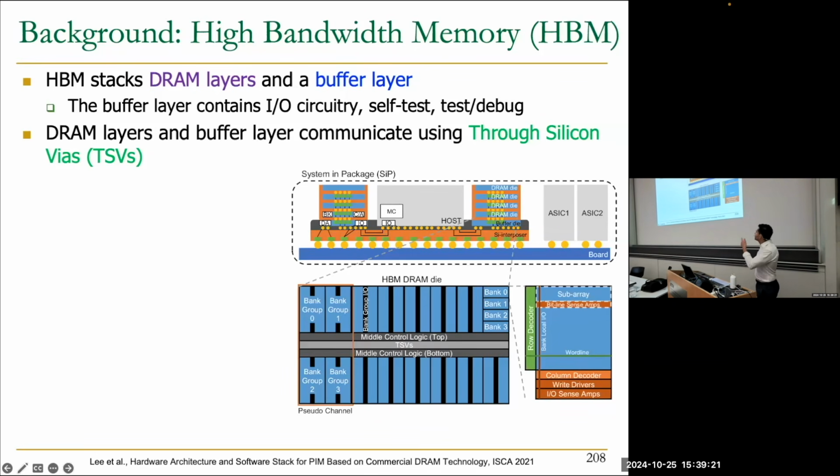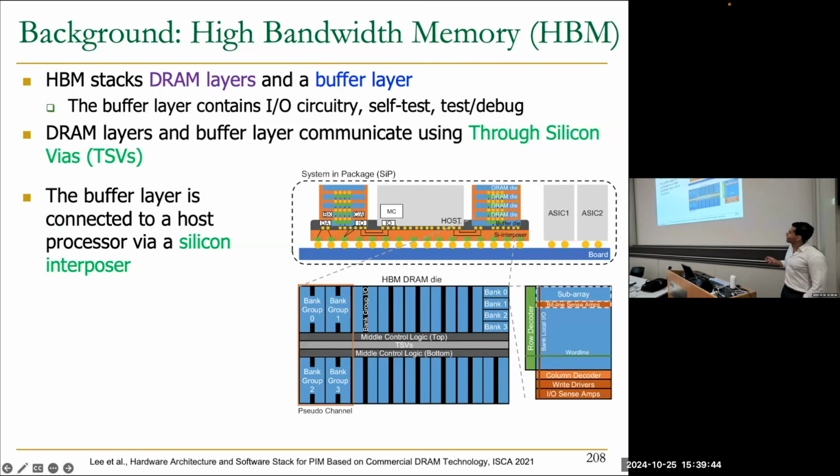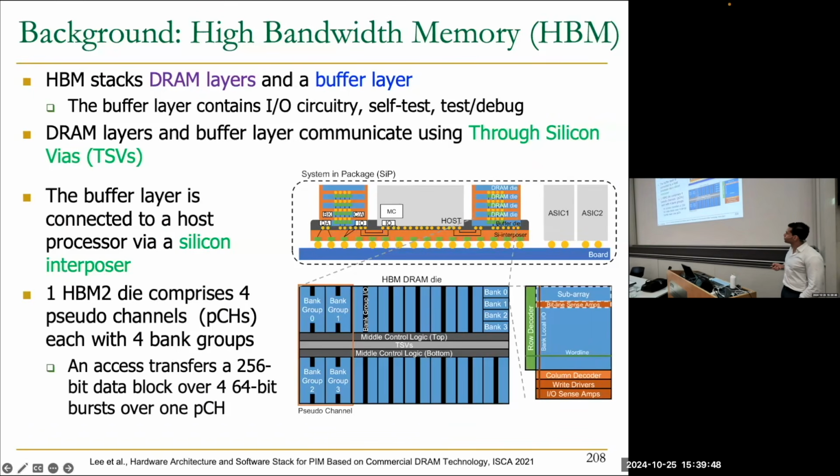But this is what we will buy, for example, well, we will not buy, because nowadays it's impossible to buy from NVIDIA anything, because everyone bought already. But this is what you get from an A100 NVIDIA GPU chip that uses those HBM chips to provide high bandwidth for their high-end GPUs. So as I mentioned, the buffer layer is connected to the host via a silicon interposer, and in the HBM2